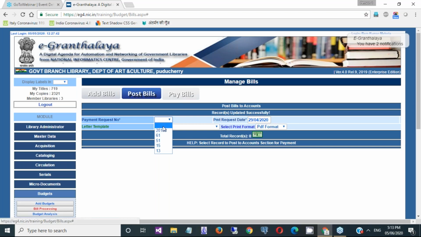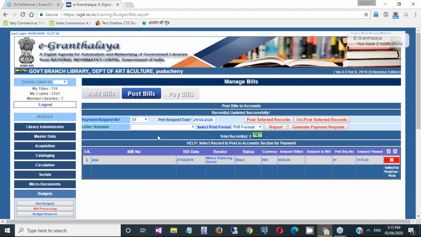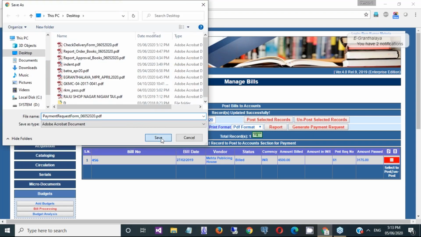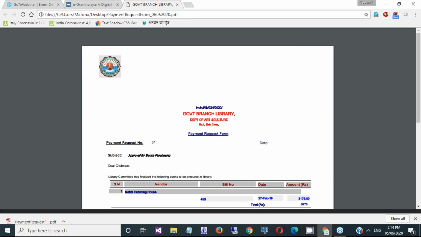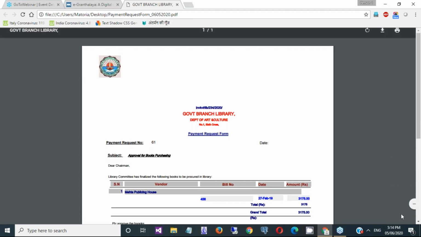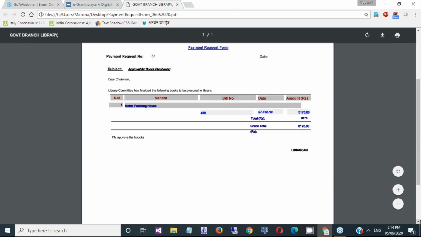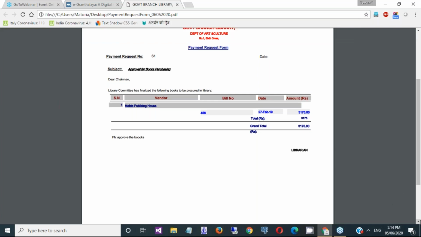I have already processed that request, so I will take another request. Here you can see, you need to create a particular format in master, and then this button is there, Generate payment request. Then it will generate the complete cover, what we call the covering form, we generally used to call it in our office. Whenever we send some bills to the account section, we need to put a covering letter over them. So this is printed in PDF, and whatever language you want to write, you can write.